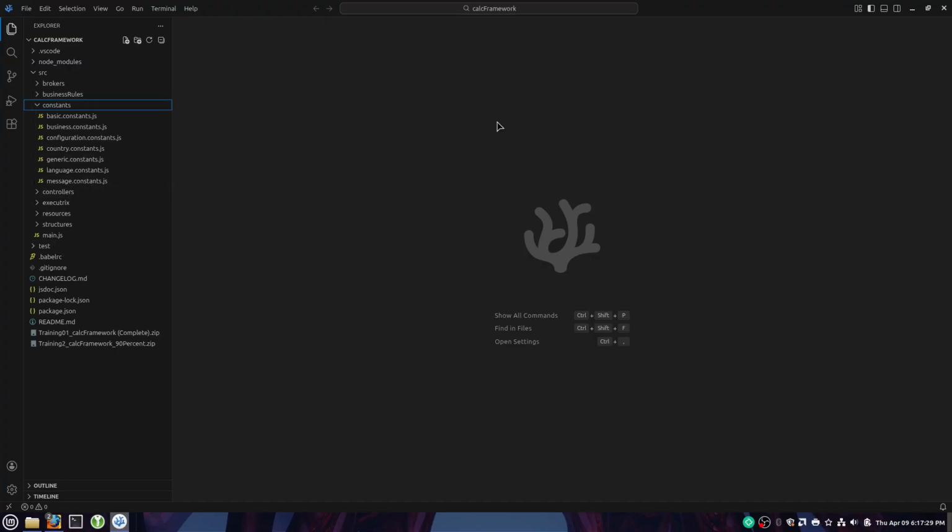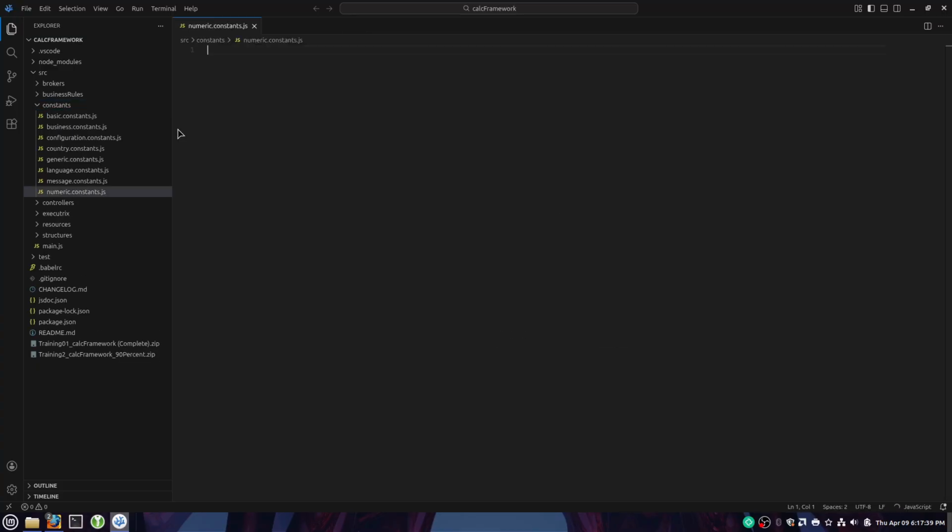So the next file that we're doing today is numeric constants. So I'll make a new file, numeric.constants.js. And of course, as usual, we do the header: at file, numeric.constants.js, at module,